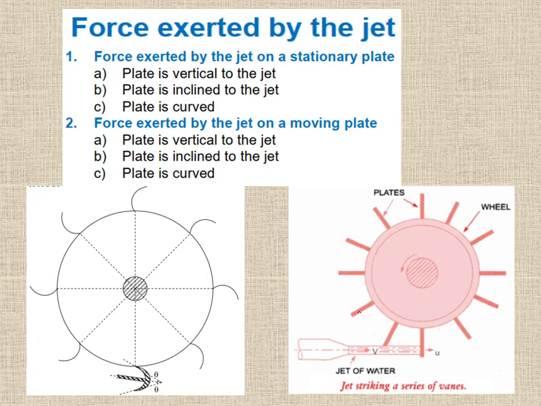Just like you see here, the jet is straight, or maybe we can strike with a certain angle. We can apply different angles to increase the efficiency of the turbine,